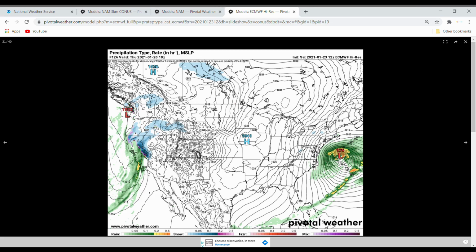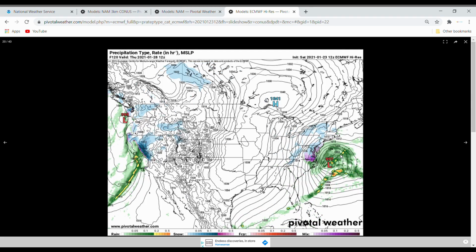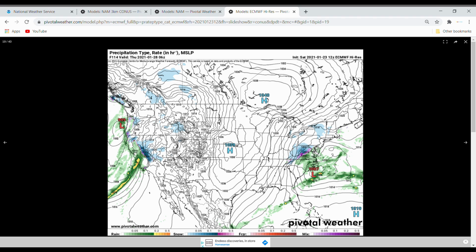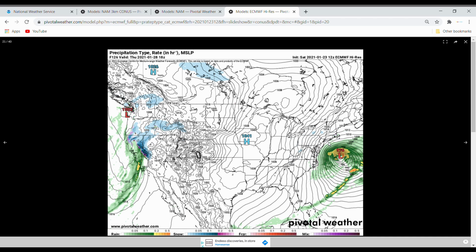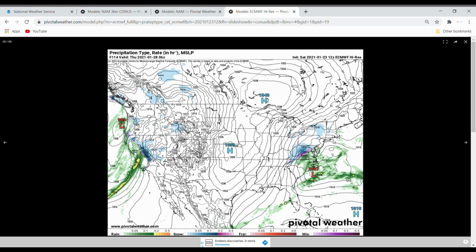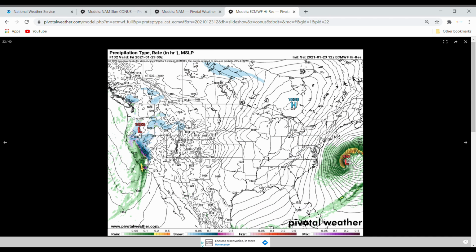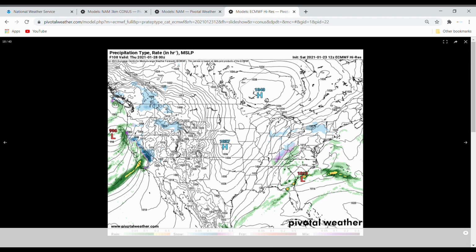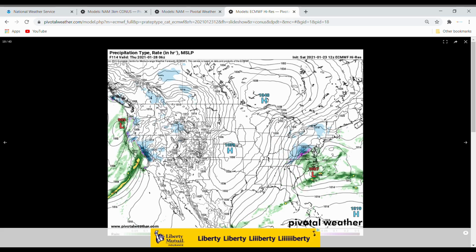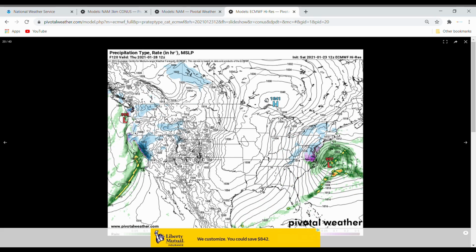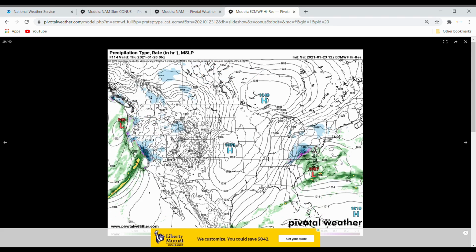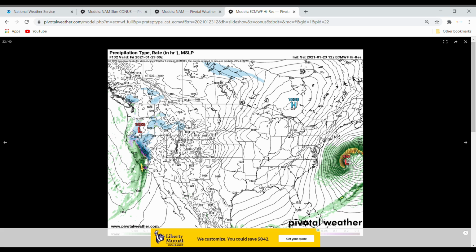Now we also have to talk about this next storm system, because I have a feeling we're seeing this. It used to be a snowstorm in parts of North Carolina, South Carolina, and Virginia. Now we're starting to see it move further north. And I think if this trend continues, that is the storm system for the northeast, especially southern New England, areas such as New York City, Philadelphia, DC, Baltimore. Boston, you'll probably be on the northern end of the storm.